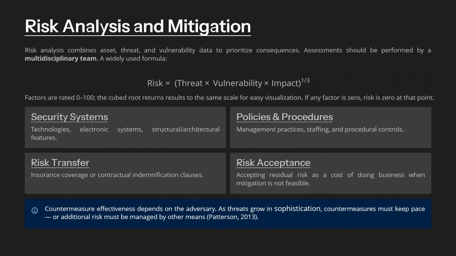Once risks are identified, the next step is analysis and mitigation. Risk is typically understood as a function of threat, vulnerability, and impact, helping prioritize where action is needed most. Mitigation strategies include strengthening security systems such as surveillance and access control, implementing robust policies and procedures, transferring risk through insurance or contracts, and in some cases accepting risk where mitigation is not cost-effective. The objective is not to eliminate all risk, but to reduce it to an acceptable level through balanced and practical